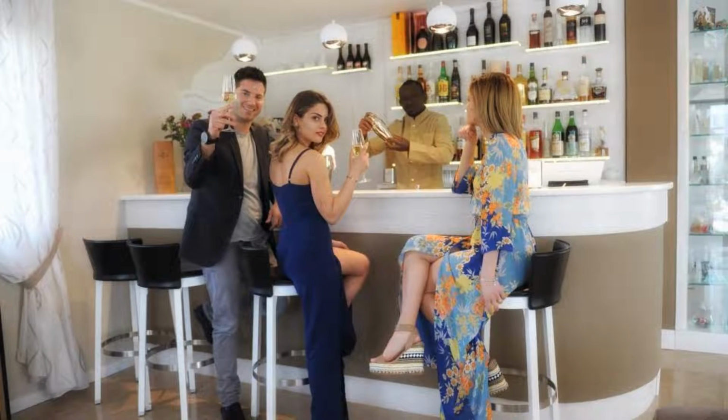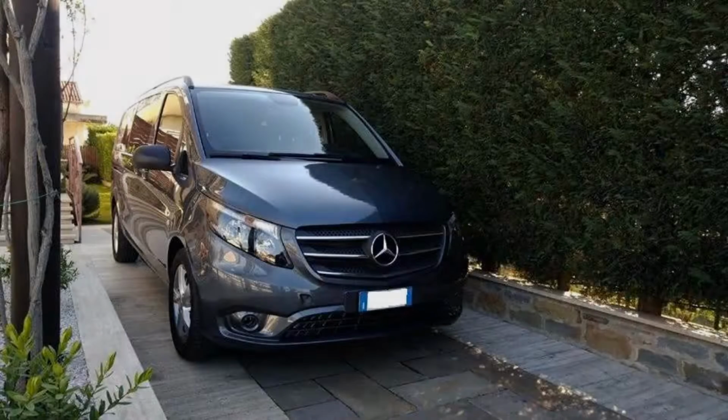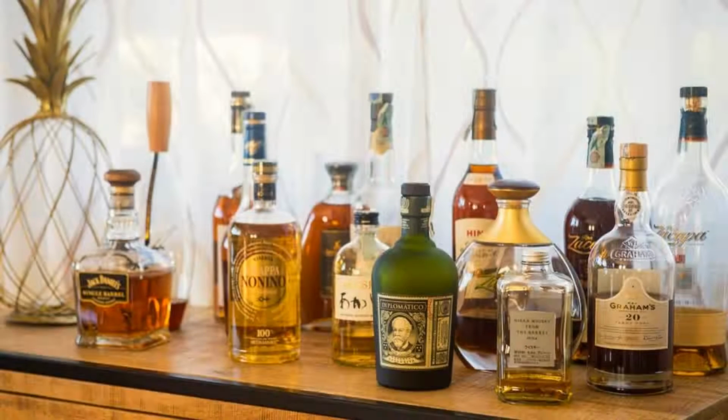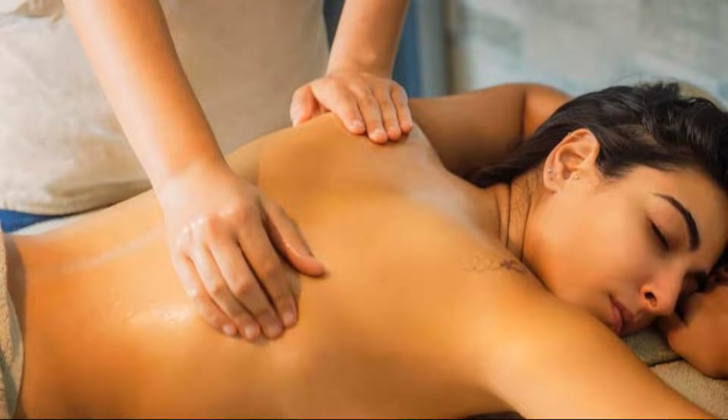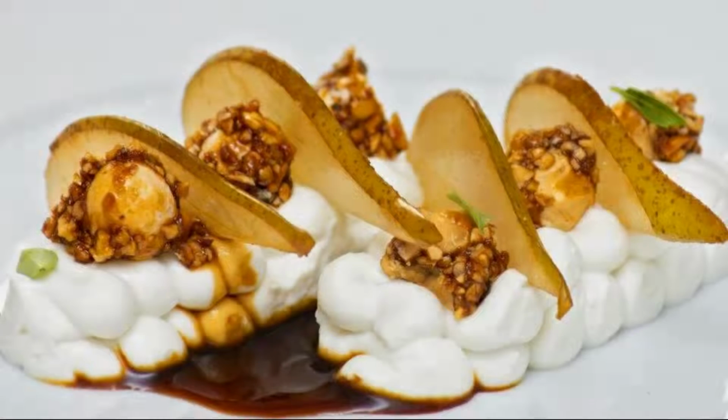Now you are watching a 4-star hotel. The location of the hotel is attractive and guests love walking around the neighborhood. There is one type of room available on booking.com. You can book online and enjoy it. You can see more than 100 reviews of this hotel on booking.com. Its review rating is 8.7,